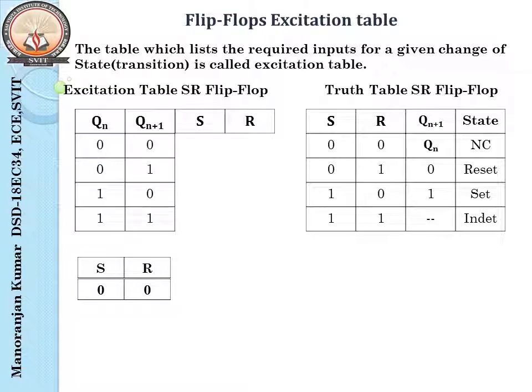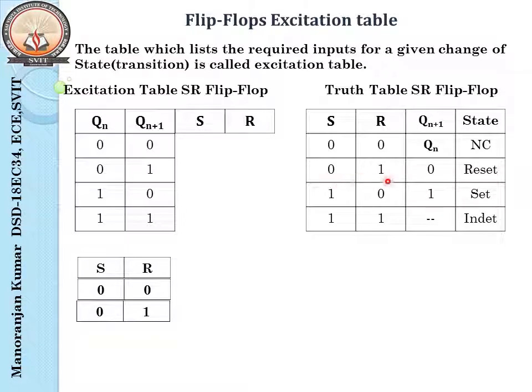Okay, so one more thing I have to see in this output is Qn+1, which is my main output, that is the next state output. That is what we are bothered about. So when Qn+1 is 0, with respect to this truth table, when it is 0, that is the reset condition. For the reset condition, what is the input we have?